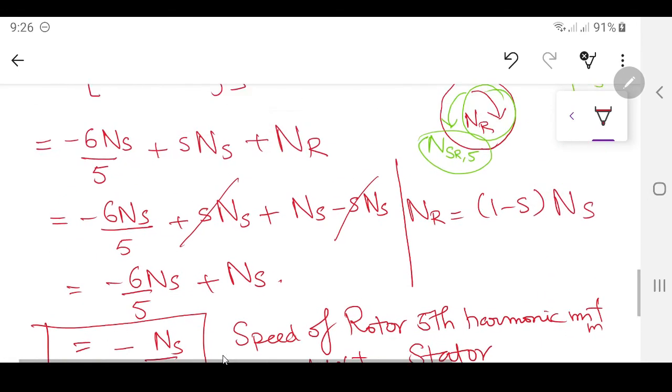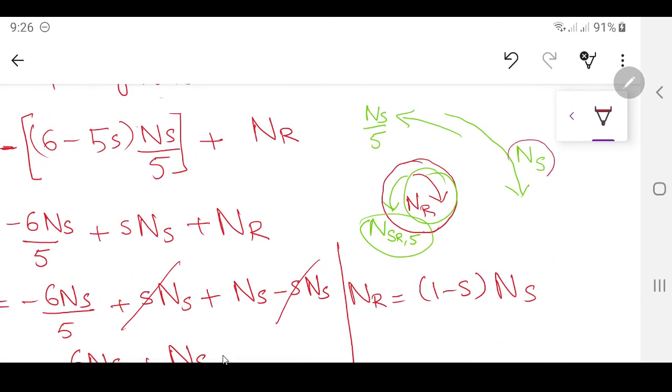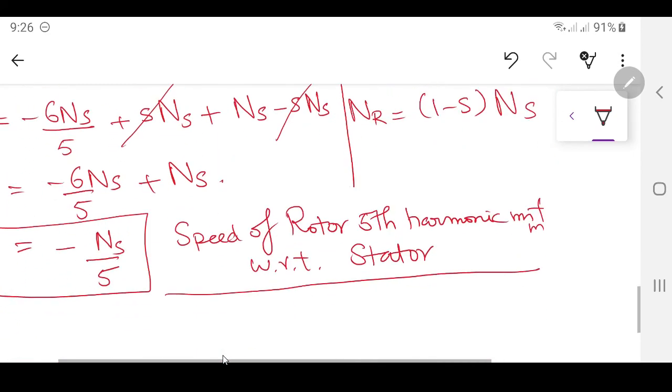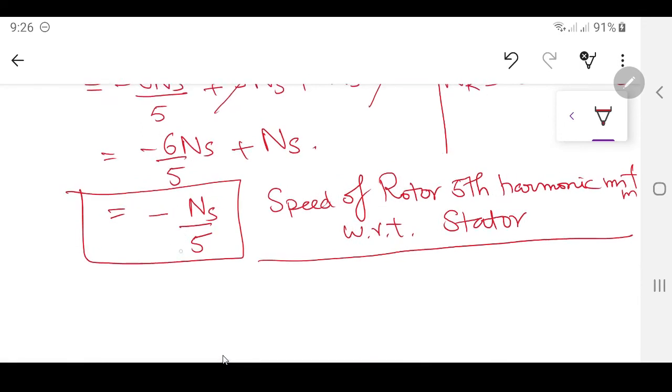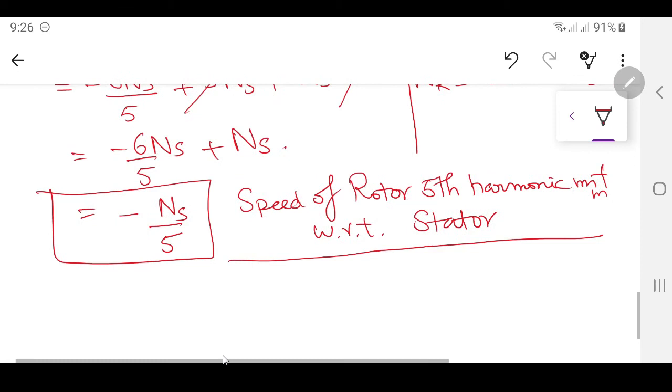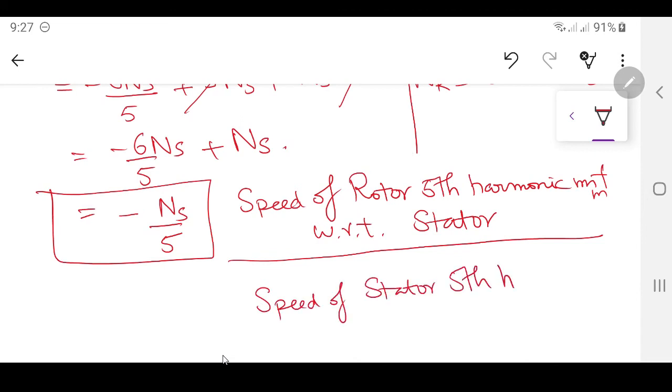And I just told you over here, what was the speed of the NS? That was NS, the rotor magnetic field fundamental, and that was going by NS minus 5, or if I want to take it negative, this will be in the same direction, and I have found out this one, so this is minus N by 5. So what I mean by this is, the speed of the rotor fifth harmonic MMF with respect to stator is minus N by 5, and the speed of the stator